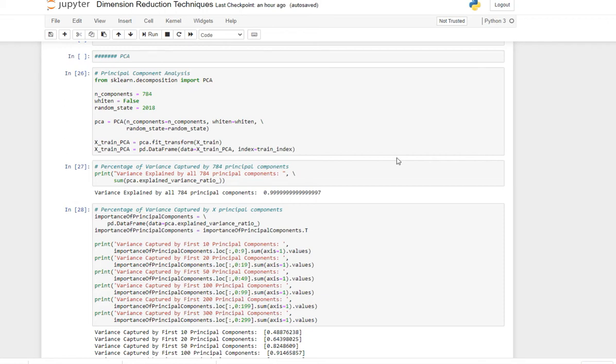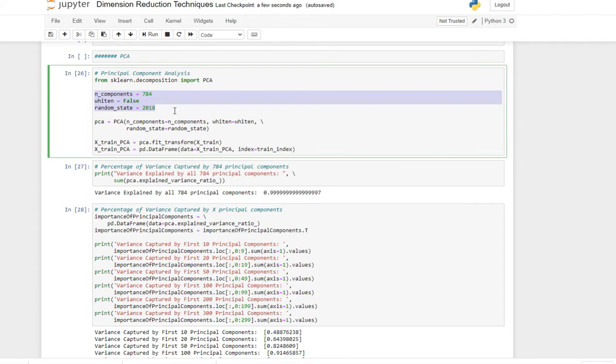So yep, in this video we said we are going to look at PCA, the coding part of principal component analysis in Python. So yeah, we get our principal component analysis from sklearn, and that's just it. We put our parameters here. So in this case we are going to use 784, and that's for a very particular reason that I'll explain